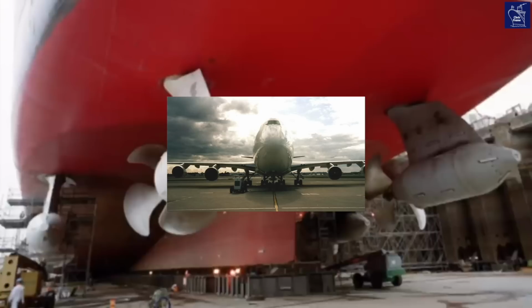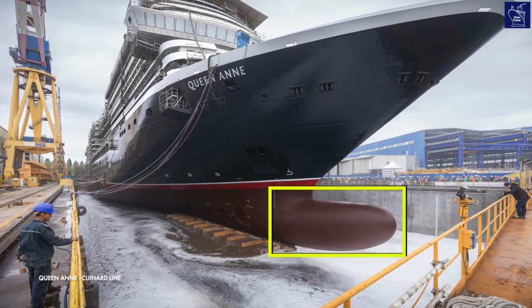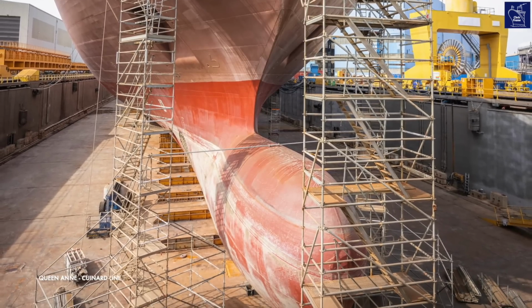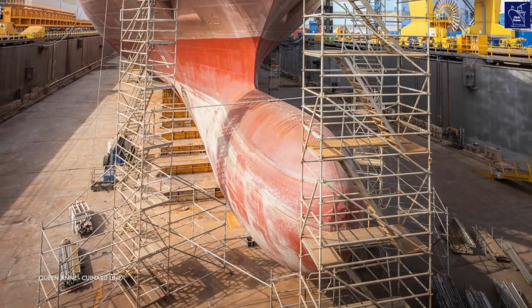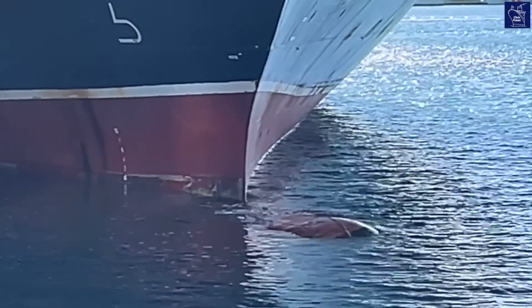Yep, you heard that right, and QM2 has 4 of them. Another very noticeable feature is the bulbous bow. These large bulbs help with the hydrodynamic efficiency of a passenger ship and improve the stability of the vessel. And in port, when the ship is stationary, you can often see the top of the bulb poking out above